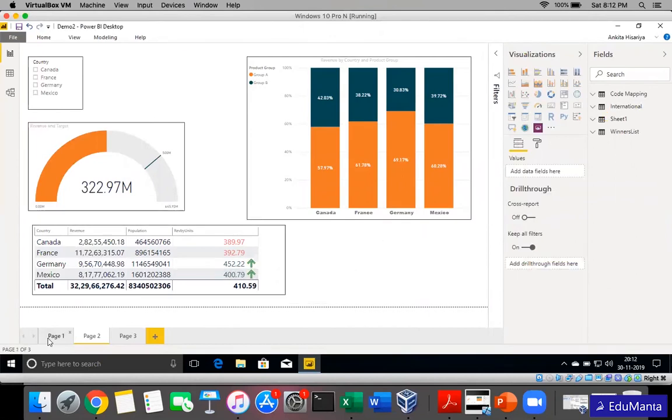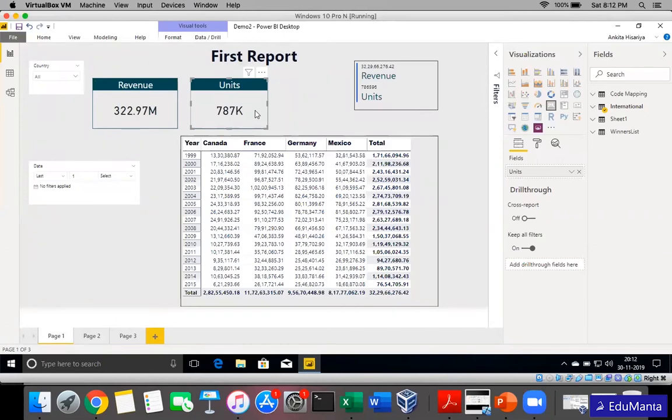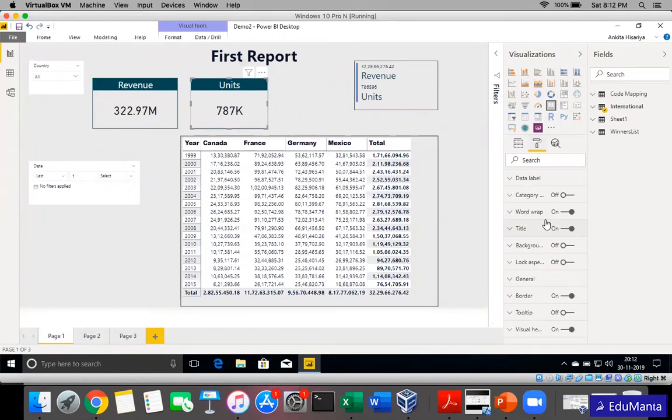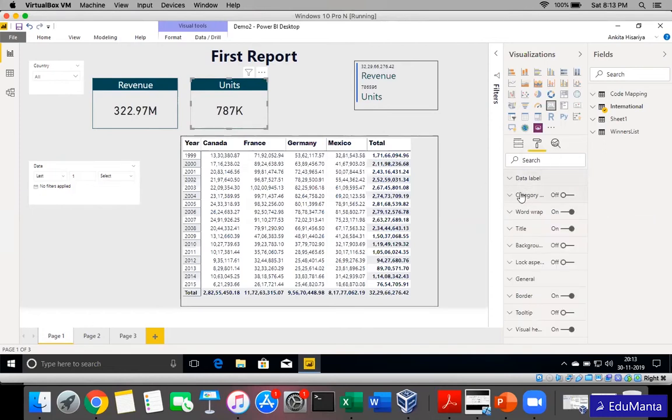It's not only a table that can be formatted, we can format the cards and other visuals as well. If you go to the card also, you will get an option to format the data label and all conditionally. Here you see there's a small icon: when you go to the color section, there's a conditional formatting. So you can format this section also on the basis of your requirement. Similarly, there is the header section, category label, various other things which can be formatted depending on what condition you apply.